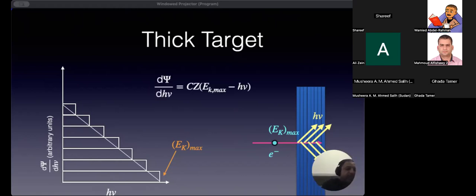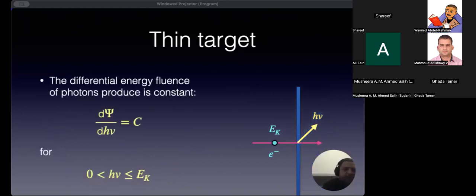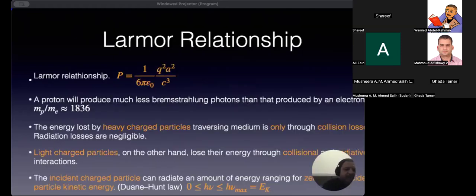Okay. And we can actually represent the fluence density. Okay, this is now a fluence density given by an equation of a straight line. This will depend on the maximum energy of the electron as before it hits the target, minus some energy, and then we have a constant, and this will also depend on Z of the target. And remember, in the Larmor relationship, if we go back, we have